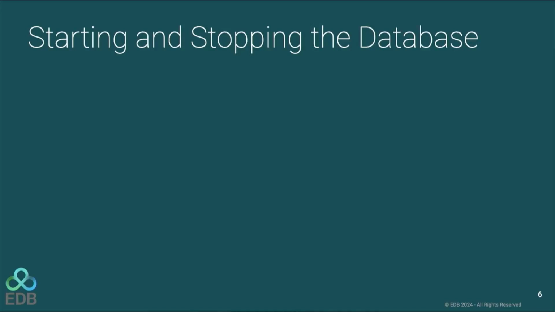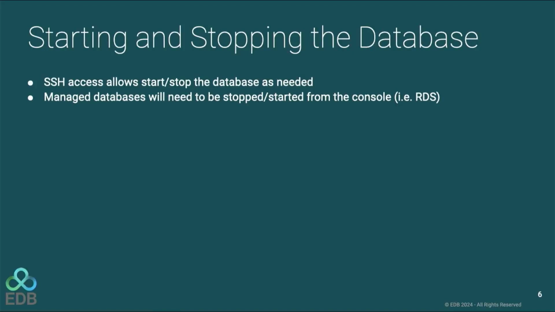So the first thing, the most important part of working with the database is actually connecting with it. If you're not able to connect to it and to start and stop it, it might be some trouble to use it. Postgres generally runs on Linux, but it can also run on Windows and other operating systems. The most flexible way to use it is by using SSH and having the command line to be able to connect. Now, I know that many people might use cloud-based services like RDS or Azure. From those, you need to be able to start and stop it from the console.